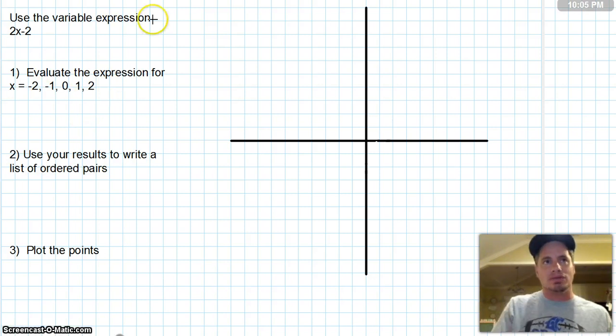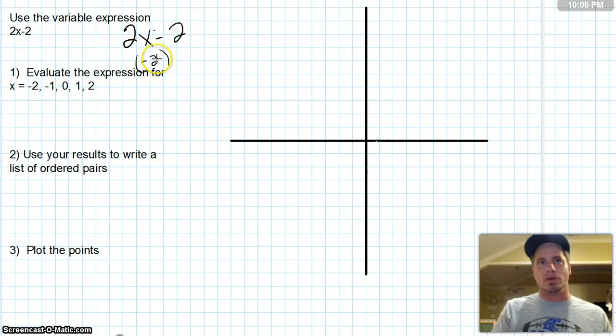So let's plug in -2. I'm going to have 2x minus 2, and I'm going to plug -2 in here. So if I do that, I'm just going to write this below it. 2 times -2 is -4. -4 minus 2 is -6. Okay? So let's erase this, and let's plug in